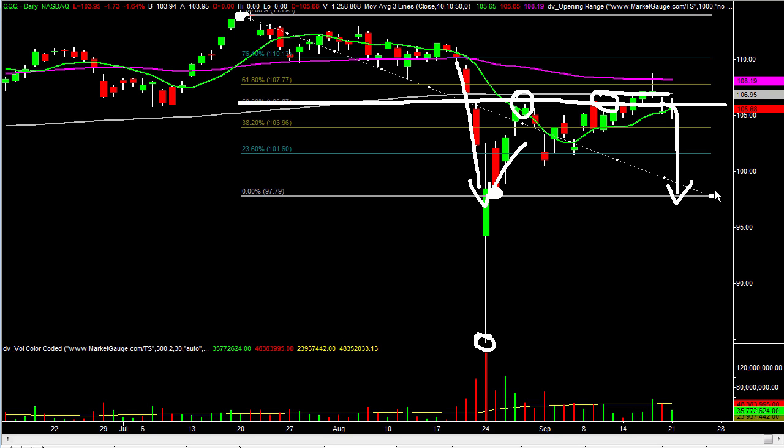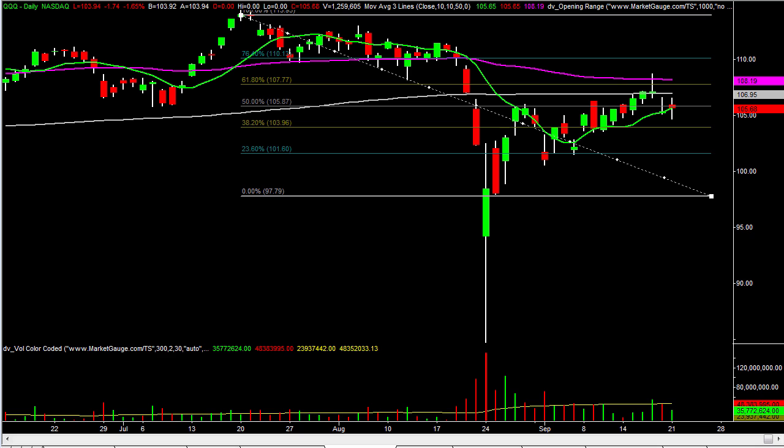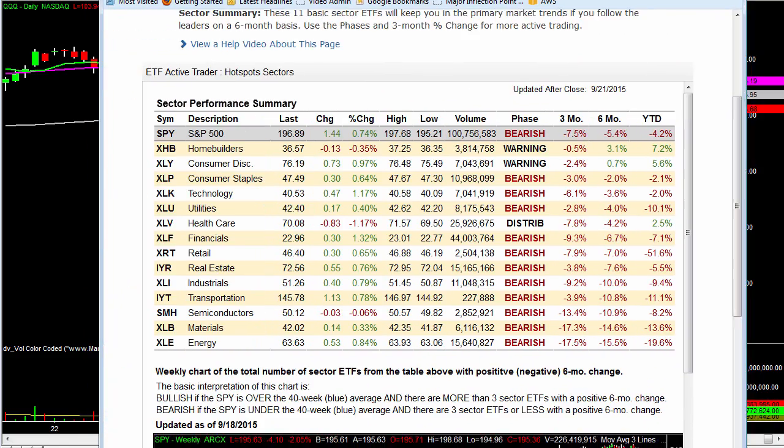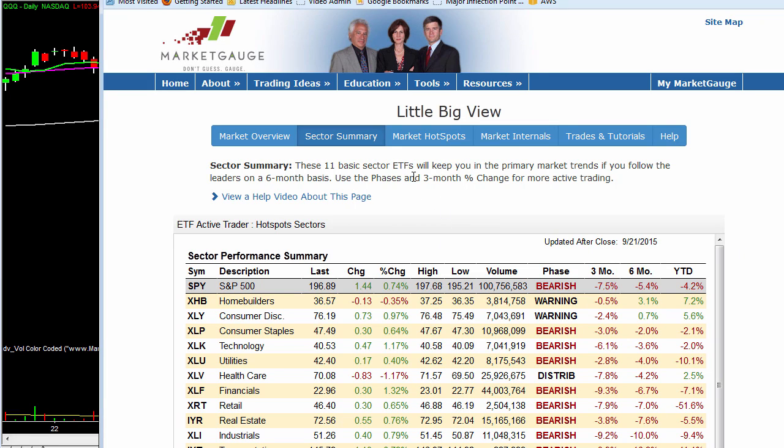Unfortunately for the bulls, the news is there isn't a whole lot out there that has recovered the 50, held over its 200. When I say recovered the 50, recovered 50% of its correction and holding over its 200 and putting us in a position where we would have some kind of strength to rally. In fact, if we take a look, this is another metric that you can see on our site very easily. If you've seen other videos, this probably looks familiar. In the little big view area that I talked about before, you can find this,